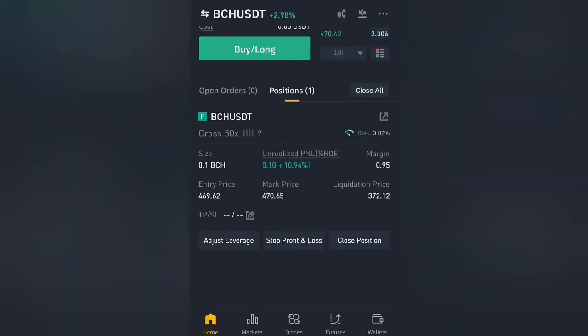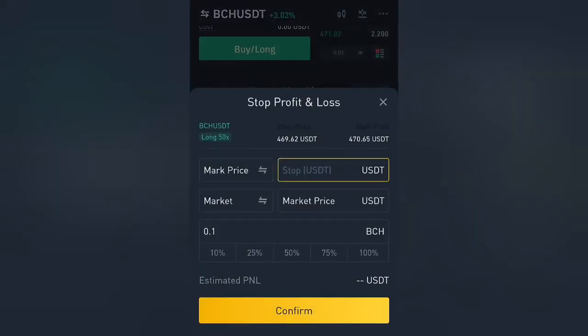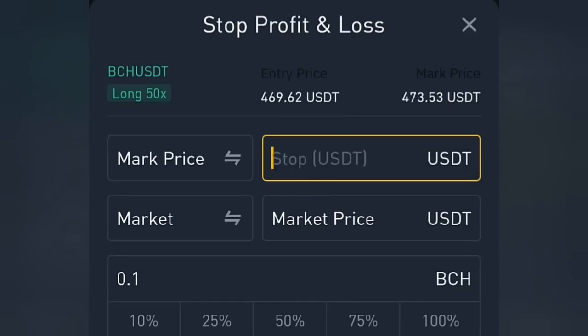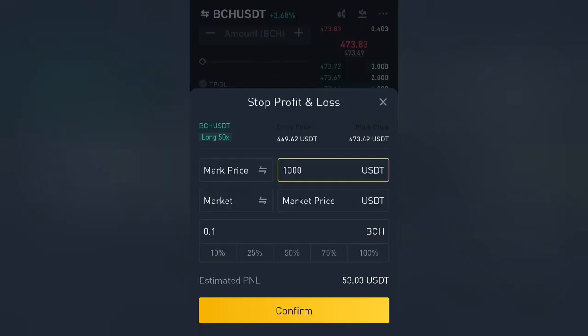In this trade right now, if I want to select my take profit and my stop loss, I would have to click on stop profit and loss. Now when I click on this, I can select the price at which I want to take profit or the price at which I want to stop my losses. Let's say on this trade I want to take profit at around 1000. The estimated profit you'll be getting would be 53.03 USDT. That means this would be the profit I would be making if I should close my trade at around 1000 USDT per Bitcoin Cash. So if I confirm this,